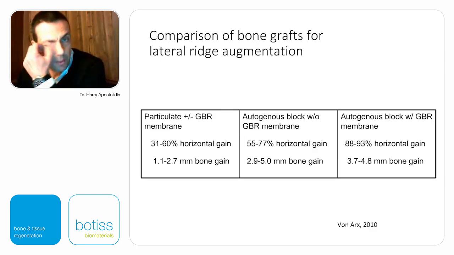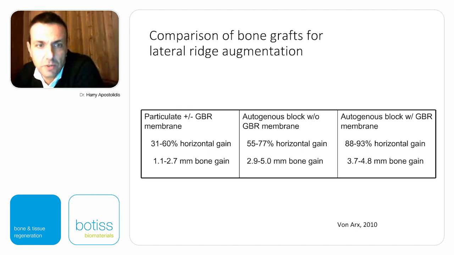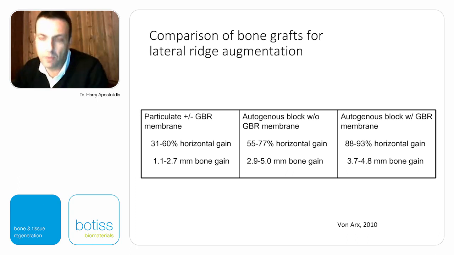And if we compare the bone grafts for lateral ridge augmentation, you see that with a particulate graft, you can have a lot of resorption afterwards, and you only have this kind of bone gain. But if we use an autogenous block, even without a GBR membrane, you get better results than a particulate bone. And of course, if we use the autogenous block with a GBR membrane, we get the best results, especially if we combine it with the xenograft